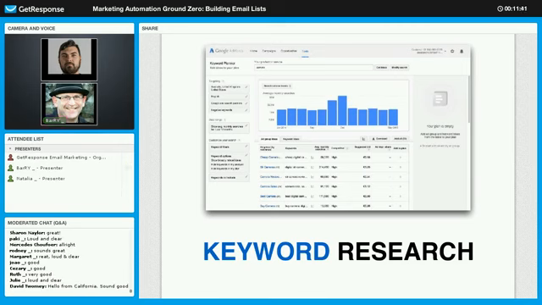So what we're doing here with keyword research with this tool is simply confirming that people are searching for a term that might give us hints about the lead magnet. And so when you put the term in, okay, what did I put in here? It's kind of small for me to see. I think it says camera. All right, so I put in the word camera to make my second point: